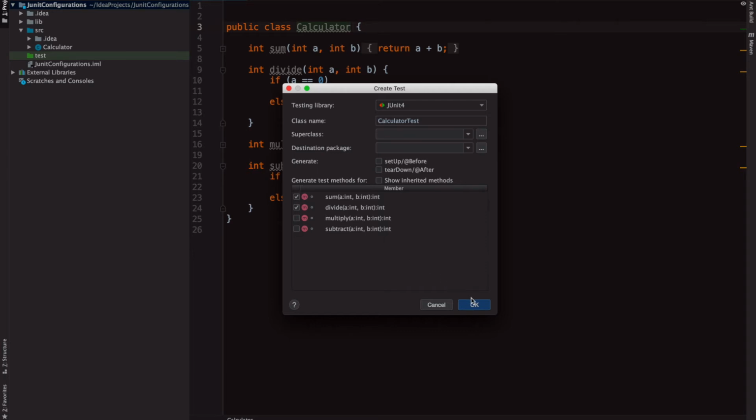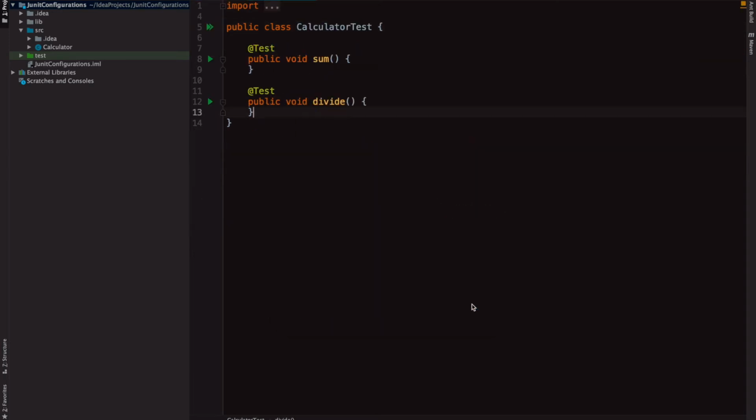And click OK. Once we do this, I am able to see the test class created in the appropriate test root. We got our calculator test class into the appropriate test root that we have created. Also, I got my two test cases with the @Test annotation in it.